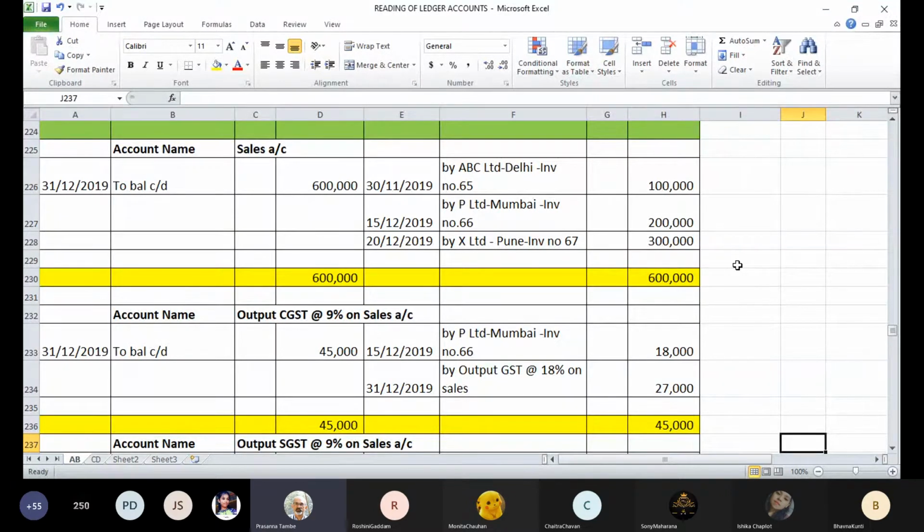So the seller is in the state of Maharashtra, and the buyer is in the state of Gujarat. So obviously it is known as an interstate sale. And whenever you charge the GST on an interstate sale, we call it IGST, Interstate Goods and Service Tax. So these are the three basic components of GST that you will come across most of the time.